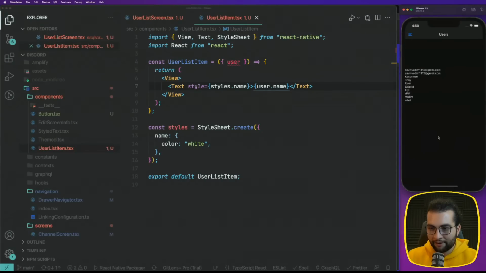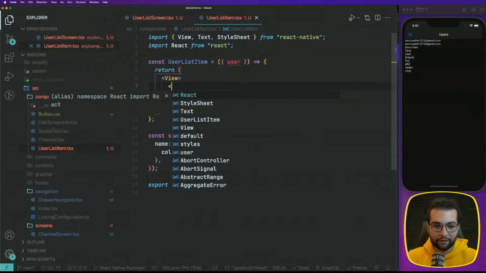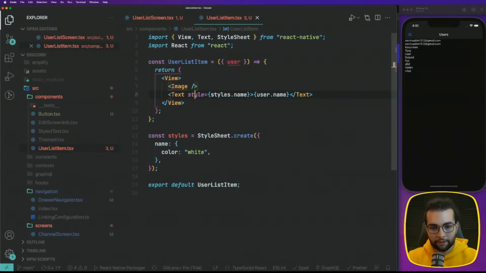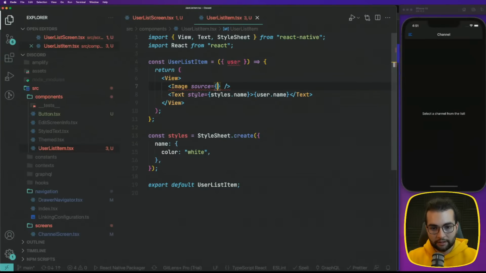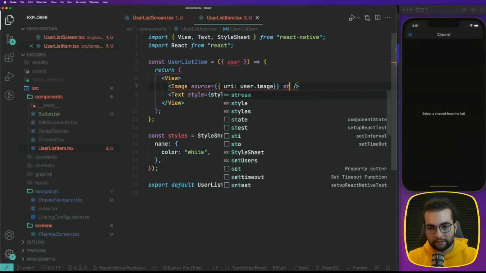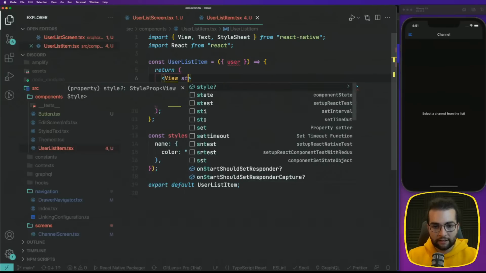Okay, all of them have a name now. And the other thing that I want to do is render the image. So let's go ahead and do source equal URI user.image. And for the style, I'm going to say styles.image, and also a style for this row